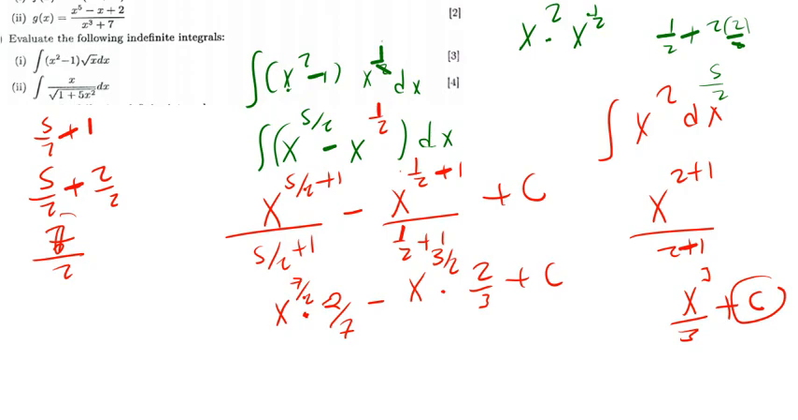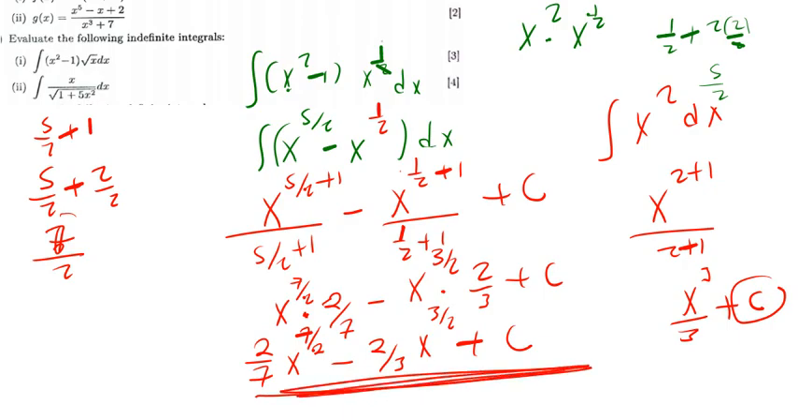So my final answer in this case will be 2 over 7 x to the power 7 over 2 minus 2 over 3 x to the power 3 over 2 plus c. If you want, you can end there. That's the final answer. But if you want, you can go further and say,